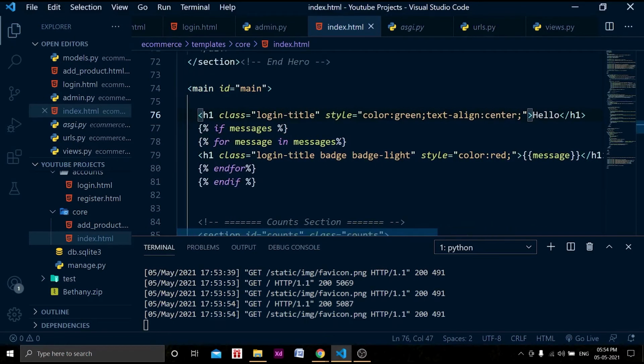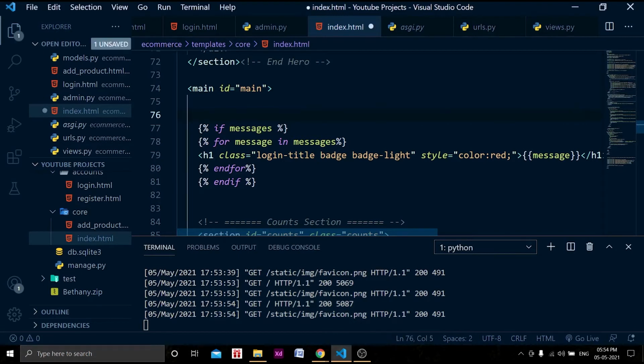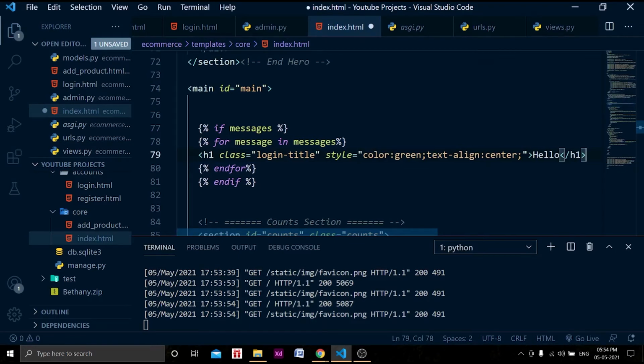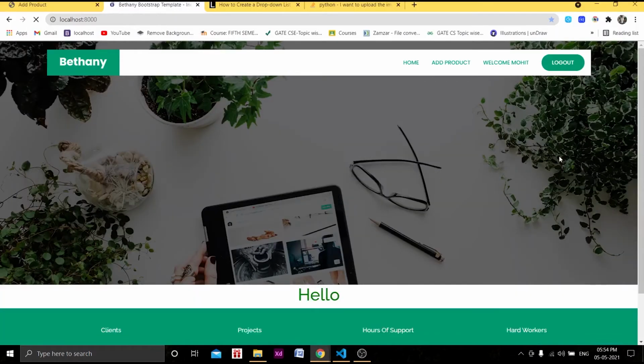And I am going to cut this one because we don't need this. Just cut this one and paste here, right, inside this messages, and here we will display the messages using the Jinja template tagging method. Just write message, and this should work.